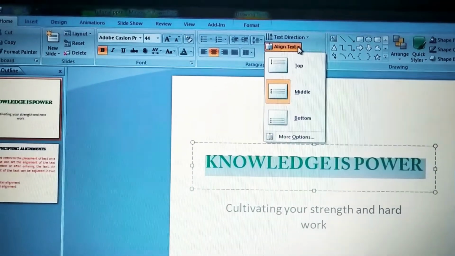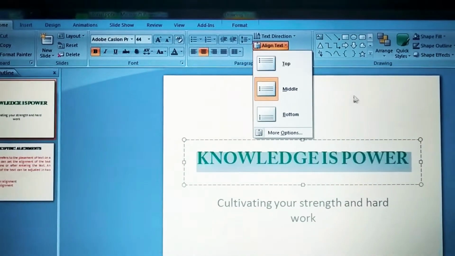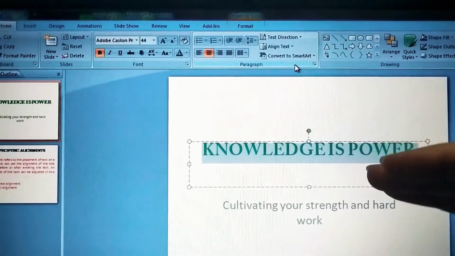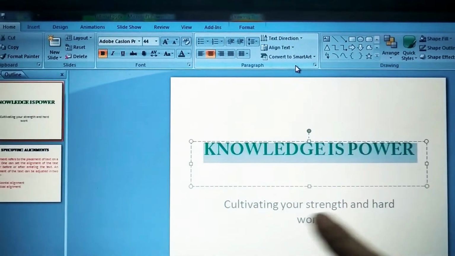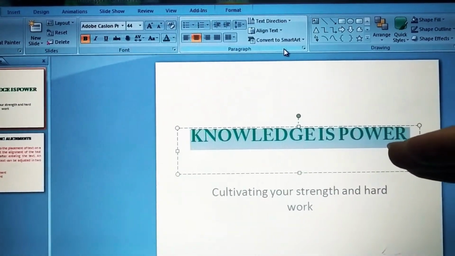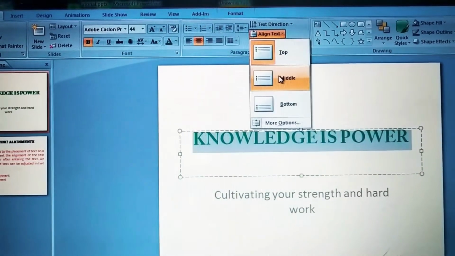I'm clicking on this. Now if I want my text to be aligned to the top, so which button I'll click? Top. This will align my text to the top of this placeholder. If I want my text to appear in the middle of this placeholder, so I will click on again this button and then middle.